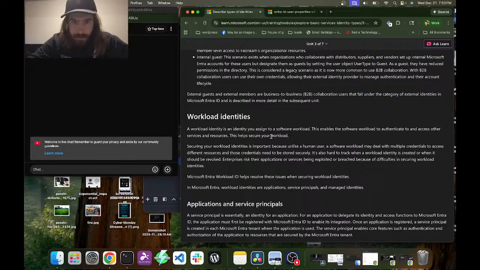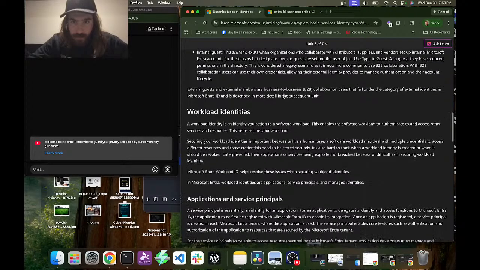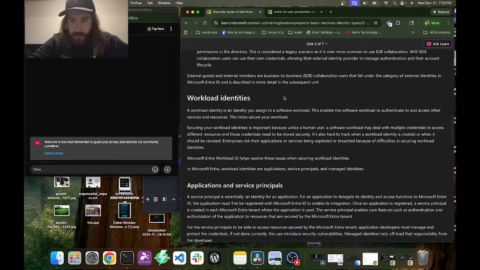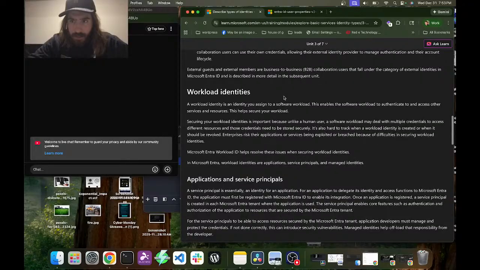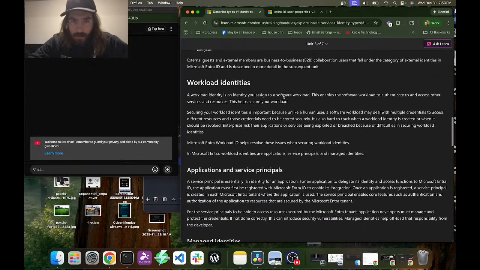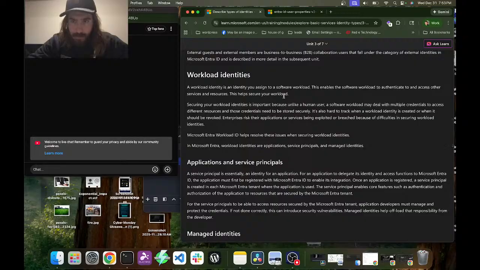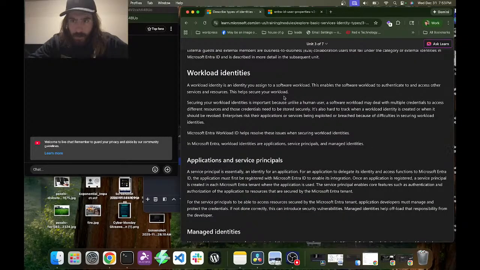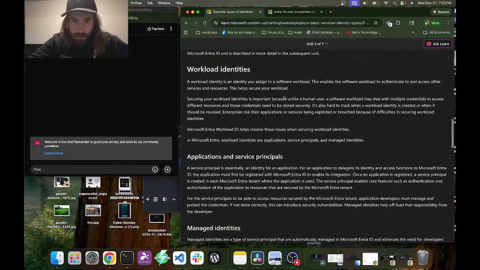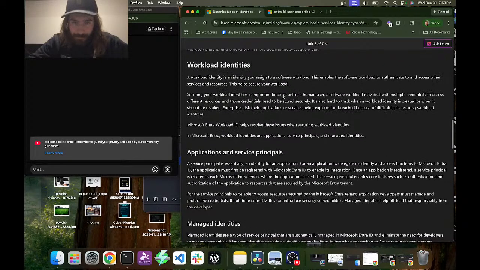With business-to-business collaboration, users can use their own credentials, allowing their external identity provider to manage authentication and their account lifecycle. External guests and external members are business-to-business collaboration users that fall under the category of external identities in Microsoft Entra ID, and are described in more detail in the subsequent unit.